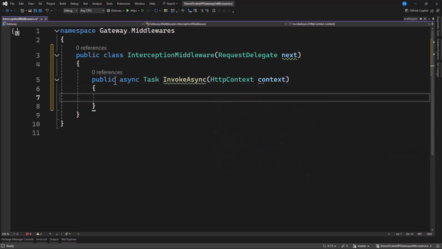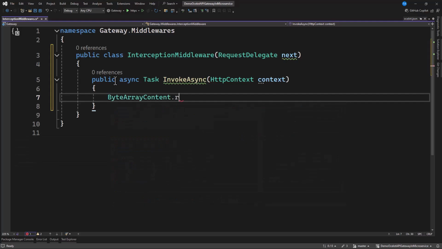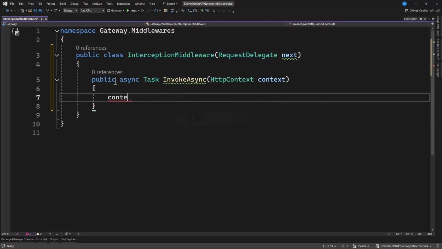Alright, so in here, this is what we're going to do. It's very simple. A single line will make this happen. So let's say this context that we have in here, dot Request, that is coming in from the user, dot Headers. And now this headers, we want to modify this. So let's say this is Referrer.